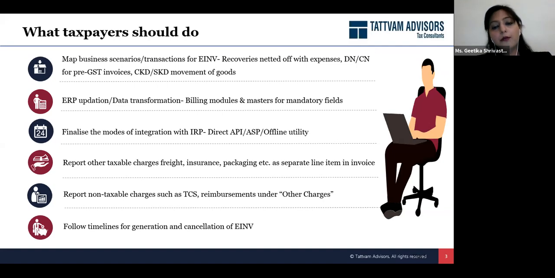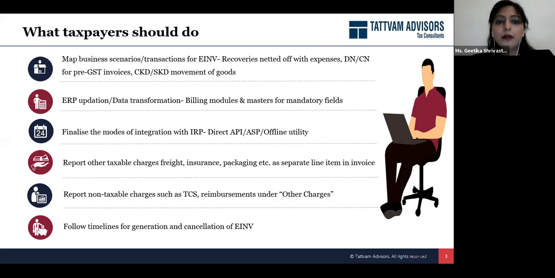After looking in from your ERP perspective, businesses should also see how they would want to integrate with the IRP. Why is this an important point? Because there could be scenarios where you can go onto the portal and generate invoices one by one. But a business which is having a turnover of more than 100 CR would definitely have a humongous number of invoices. And going on to the portal and getting single invoices generated would be a herculean task for any taxpayer in today's scenario. And along with that, you have various other compliances which have to be followed within the timelines. So it's very important that you integrate with the IRP.